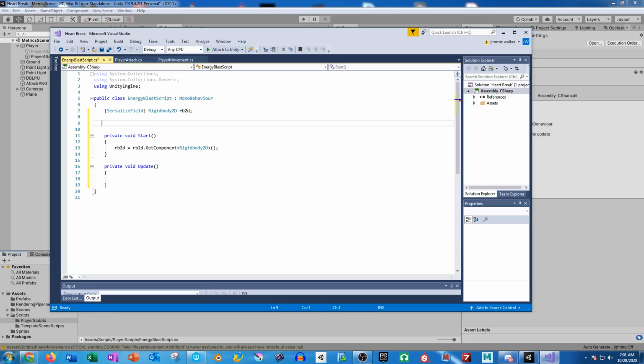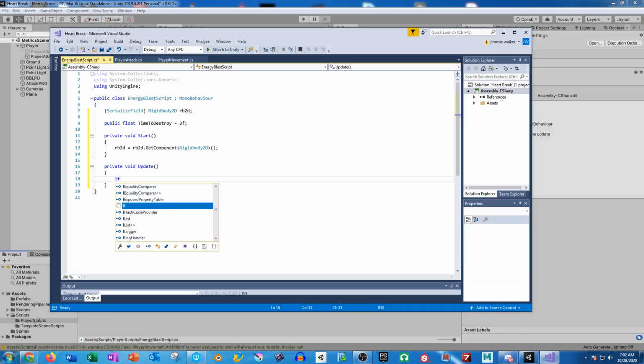Float. I'm going to make this a public float. Public float time to destroy. Why am I doing parentheses? I don't know. And I'm just going to set this to equal 3. So what I'm going to do is I'm going to say if time to destroy is